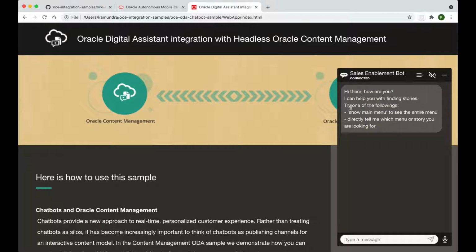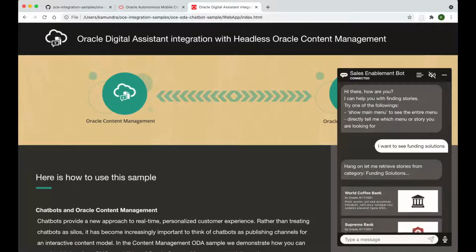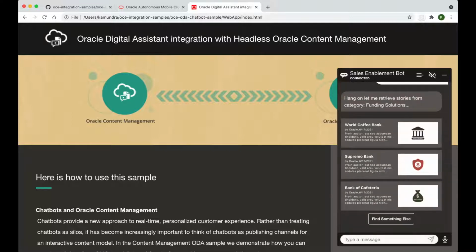Upon startup, the bot shows you a welcome message and how to get started. The user can find stories by typing a query like "I want to see funding solutions." This fetches all the stories for category funding solutions from the content repository.